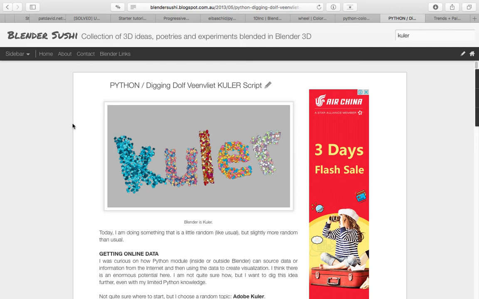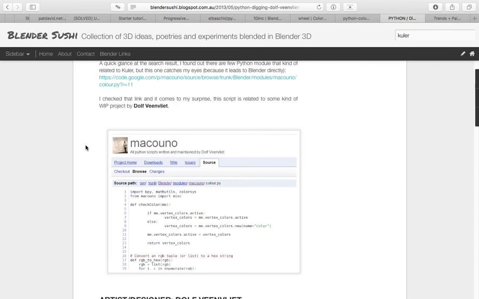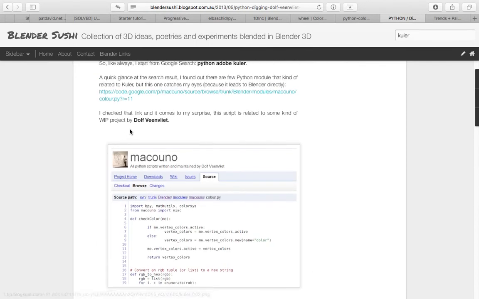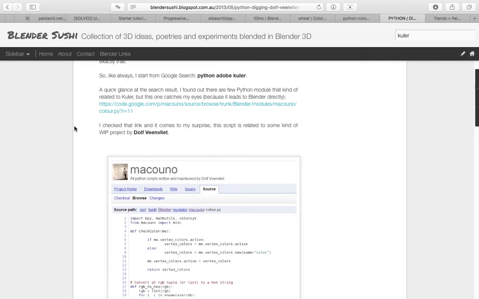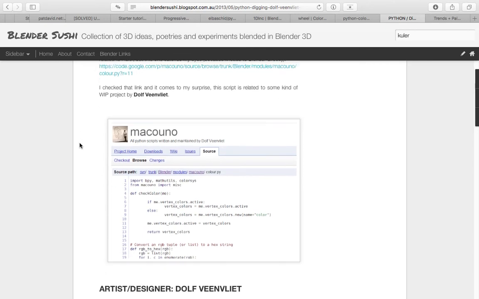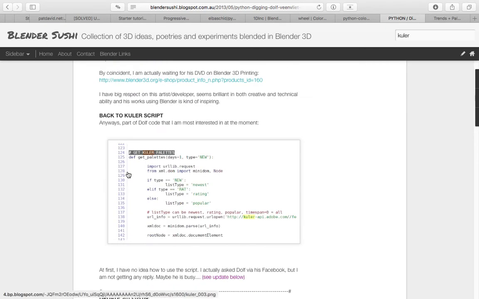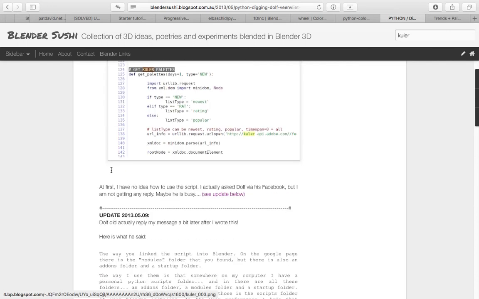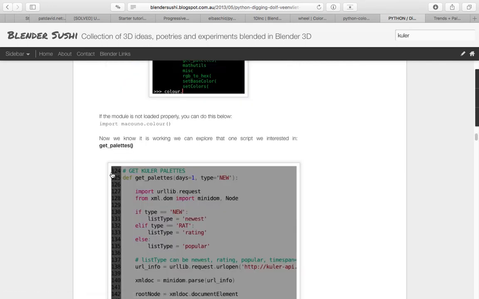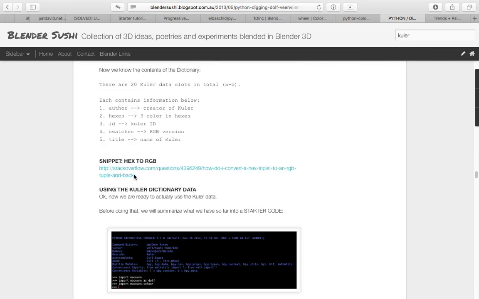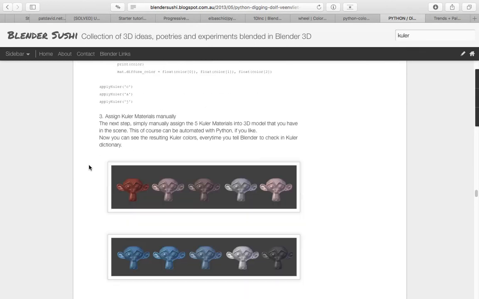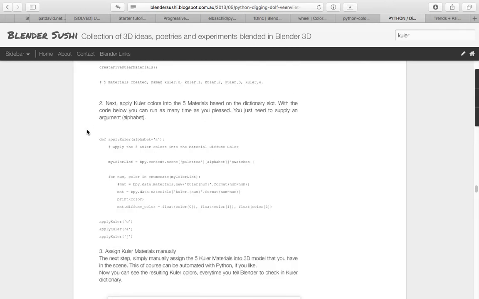I know that Blender can use Python, and by accident I found this web project by Dolph. Dolph is also one of the Blender artists, and one of his scripts allows us to source the color data from Kuler. At that time I was using just Python, and then I can load it and I can assign the color